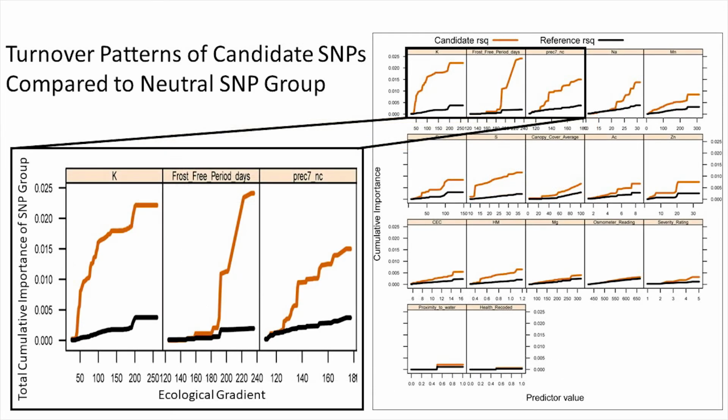And we can see that if we're looking at the frequency of alleles, or gene versions, changing across these gradients, which is the x-axis. So I'm just pointing out 3 examples of a way we have of graphing this, where, say, with higher potassium levels, the genes that we believe are under selection are actually responding to that gradient, whereas other genes that are not believed to be under selection are staying relatively flat. Same thing applies to precipitation in July and frost-free period. There is a marked difference between the genes we believe are under selection and the genes that aren't.